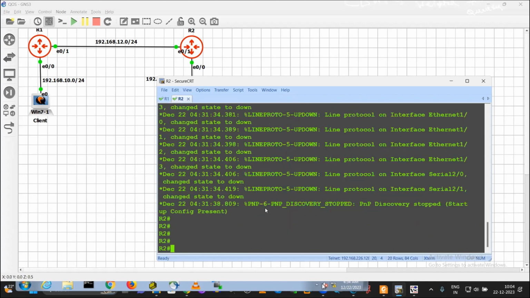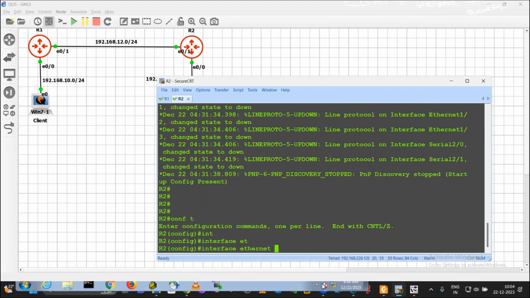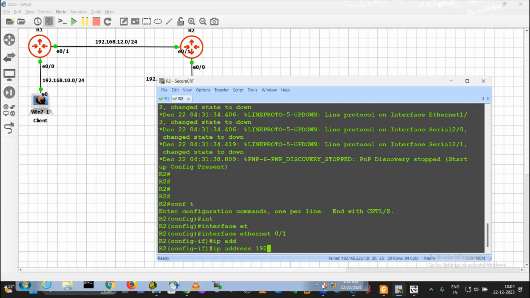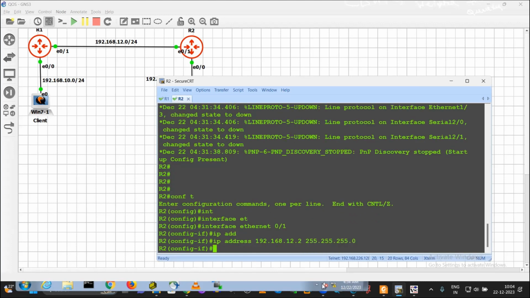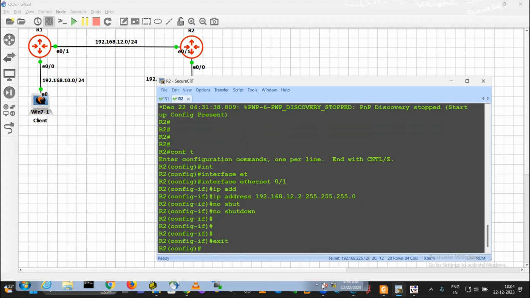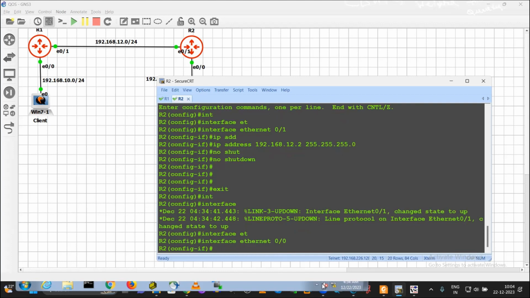Then I'll go to router 2. Then the global configuration mode, interface Ethernet 0/1. Then the IP address would be 192.168.12.2, 255.255.255.0. No shut, exit, interface Ethernet 0/0.